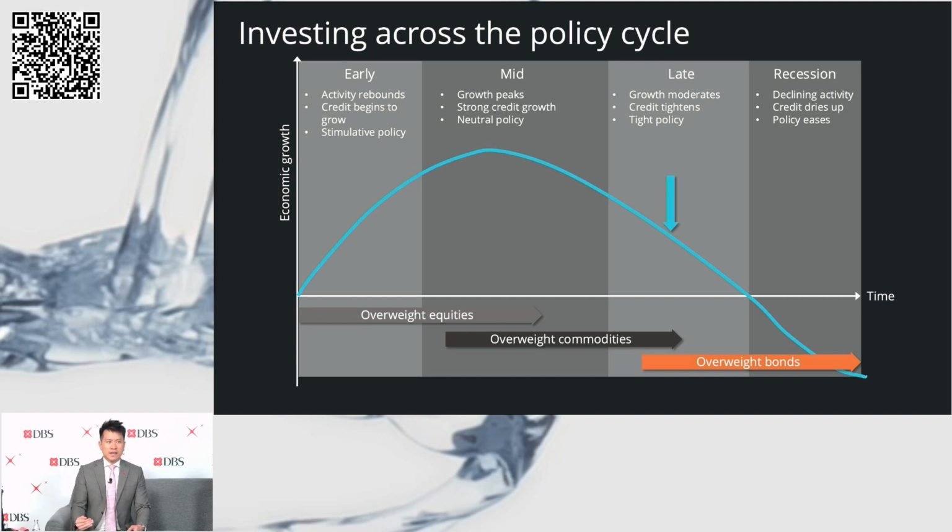And then you come towards the late cycle, where growth starts to moderate a little bit, credit conditions tighten, and of course monetary policy reaches one of the tighter levels in its cycle. That's where we think we are today if we look at the economic indicators. If history is right, this is around the time where going overweight in bonds would stand you very well in your portfolio, which is why for the fourth quarter as well, the DBS CIO office looked towards an overweight in bonds, in line with where we think we are in this cycle, right?